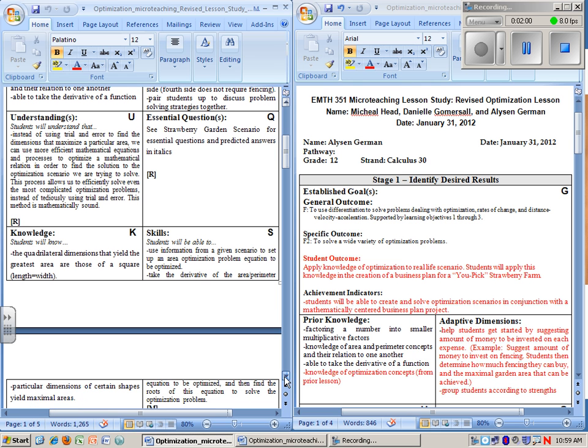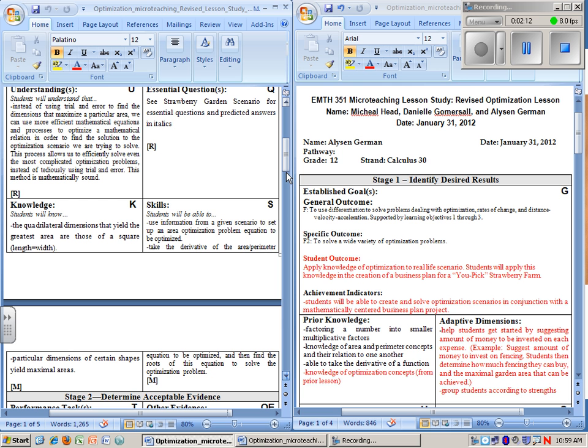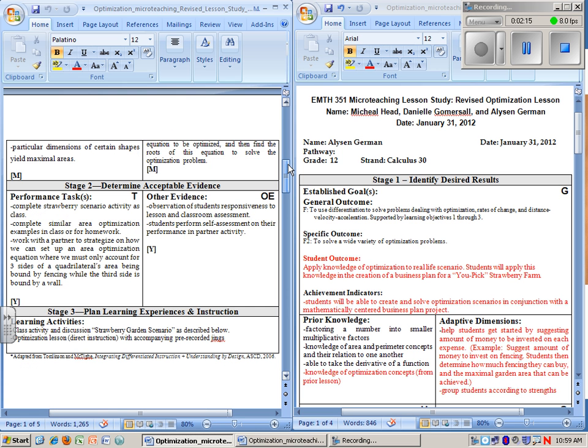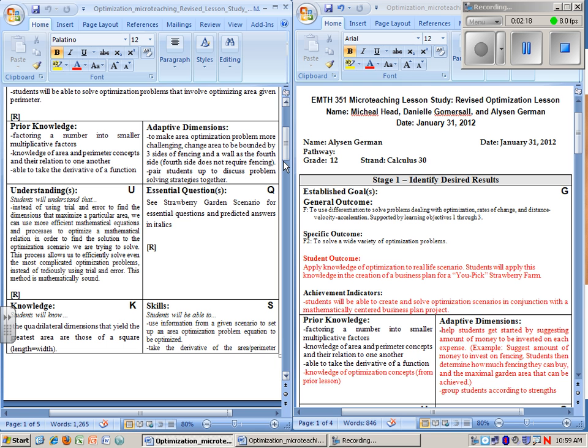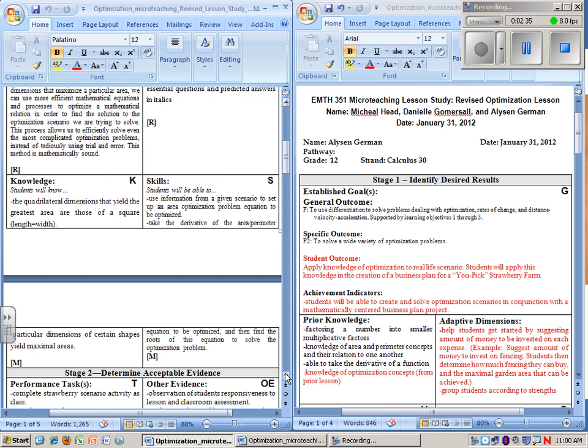Students came up with all of the things that they'd have to account for financially. I gave them an idea of how much money each student would invest, and if each student were to invest X amount of dollars, how much money would we have to start our whole business for the first summer? Knowing that, we accounted for things like, we're going to have to pay for strawberry seed, pay for maintenance, pay our workers. The students came up with that.